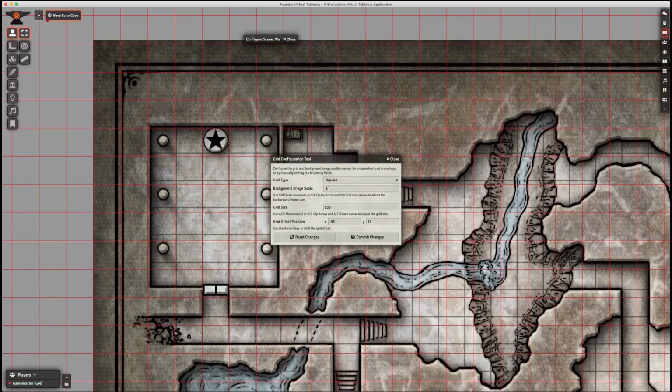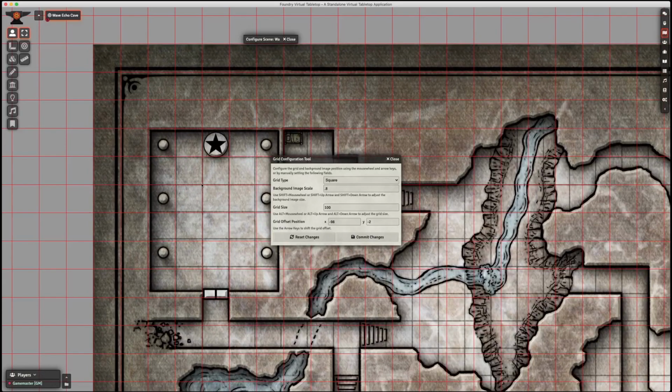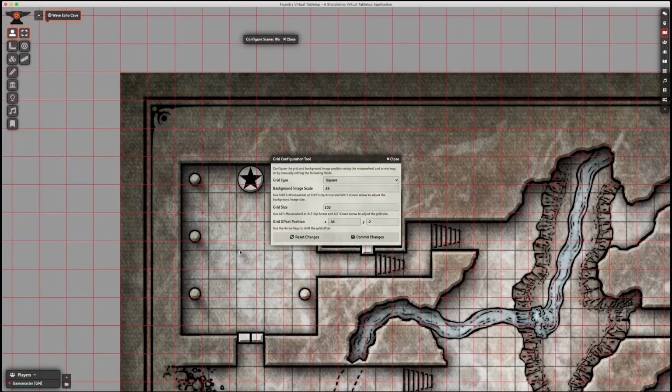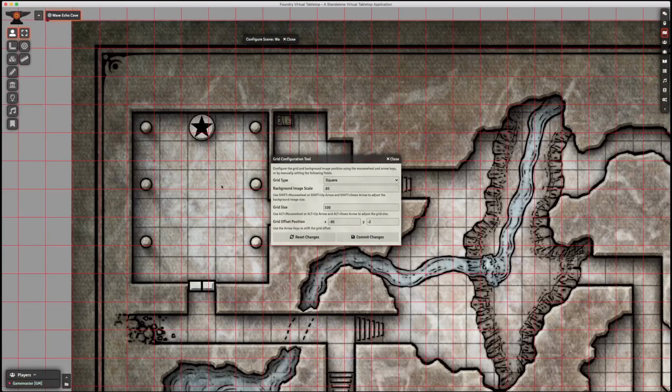So now that we've made our first ballpark guess, we realign an intersection. Take a look at how far that got us. You can see we're closer, but now our background image is a little bit too small relative to the Foundry grid, so 0.8 kind of overshot it a bit there. We could go to 0.9 and split the difference, but I think 0.85 is probably a better guess at this point. So I'm going to change that, click somewhere in the window to make it register, fix my alignment once